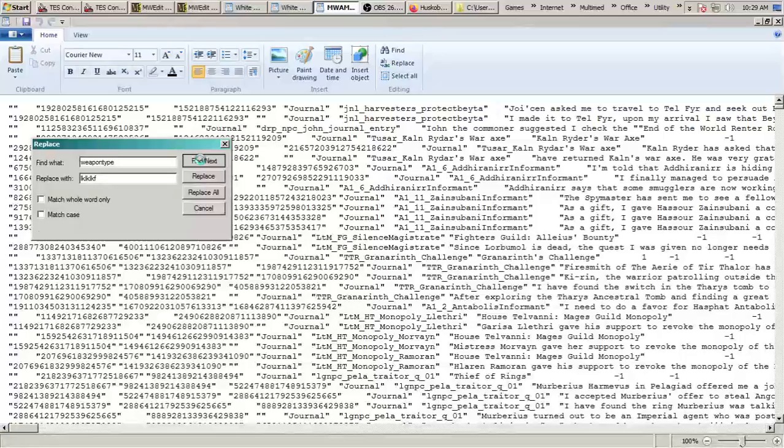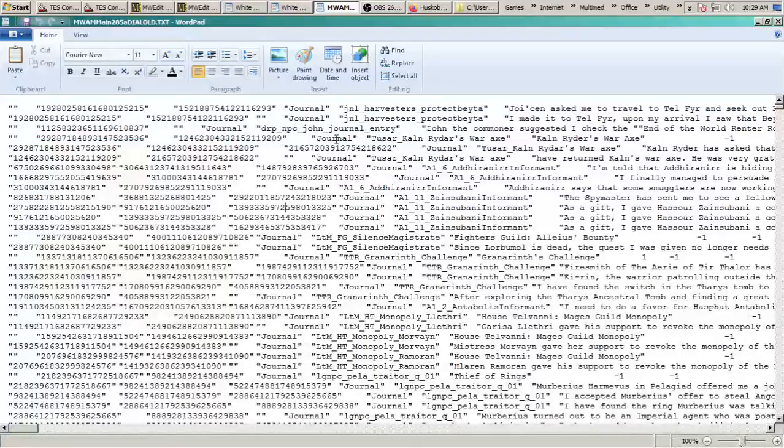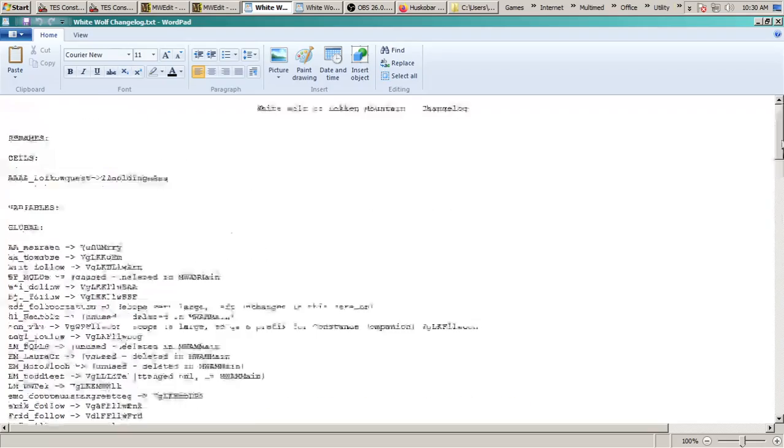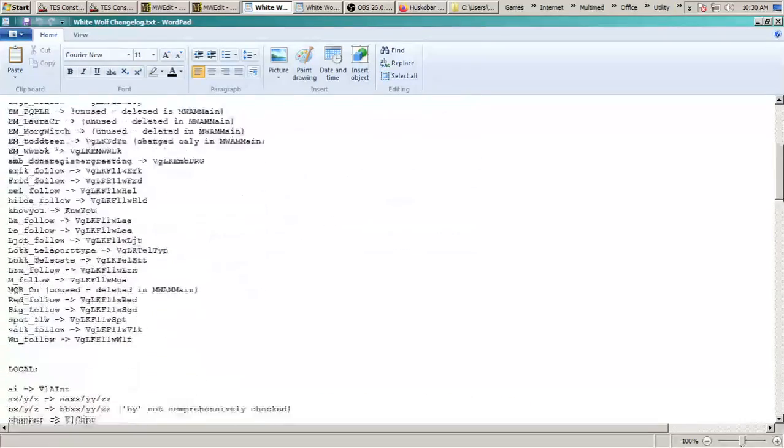Still isn't going to work, is it? I don't know why. I pulled up a bad example there as far as that file is concerned, the export file. But anyway, that's the idea, how I go about changing them. So I've done that with all of these